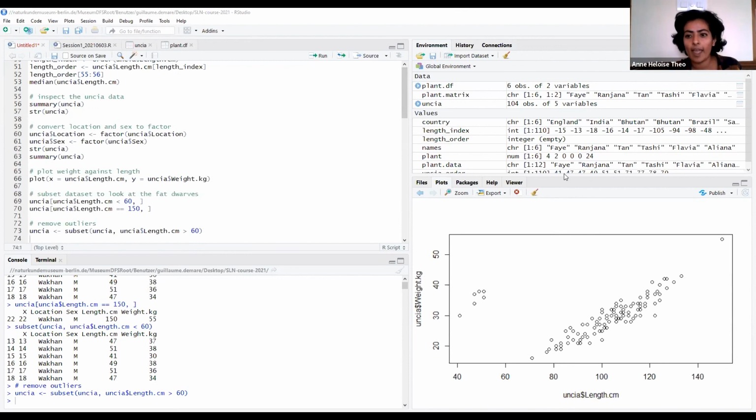And Haripriya, for removing outliers, there are multiple ways you can do it. How Guillaume did it earlier with the square bracket, you can remove it, or you can remove it using the subset function. And then the assignment arrow and equal to are equivalent, but the assignment arrow can assign